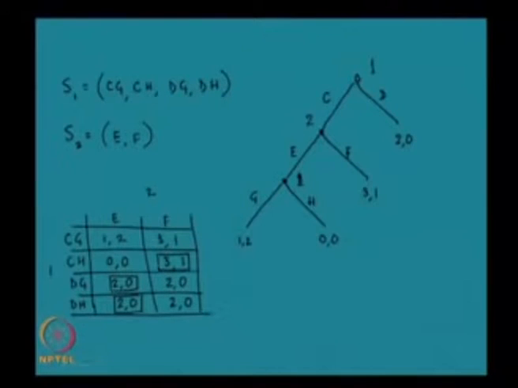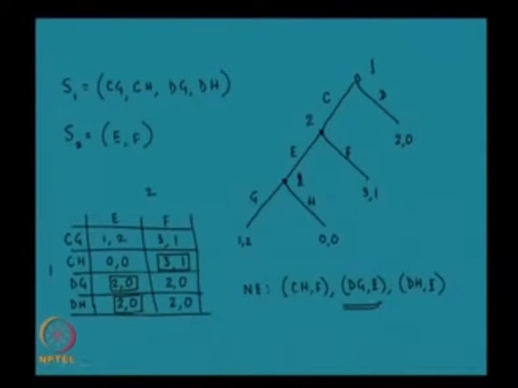So Nash equilibria are the following: CHF, DGE, DHE. And what is the justification for these Nash equilibria? How are we certain that they are Nash equilibria? Well, we have to look at the deviations, and if the deviations are not profitable, then they are Nash equilibria. For example, let us take